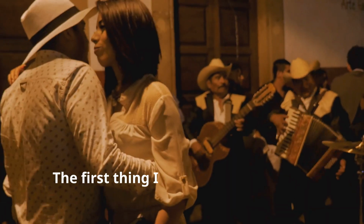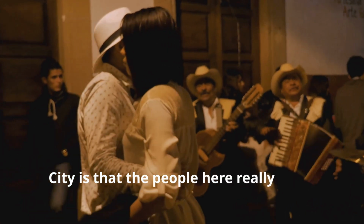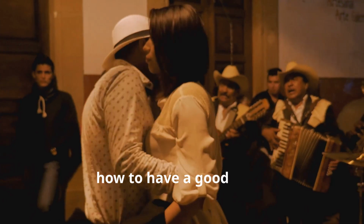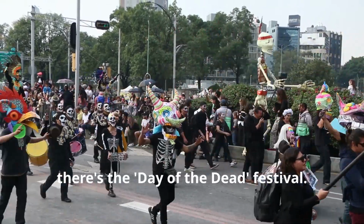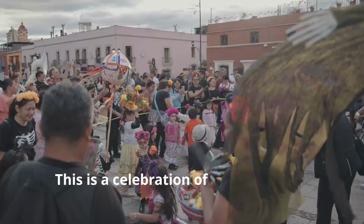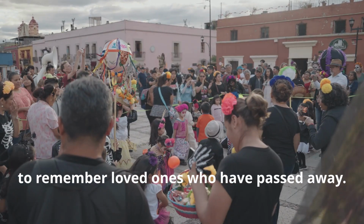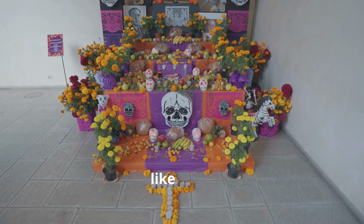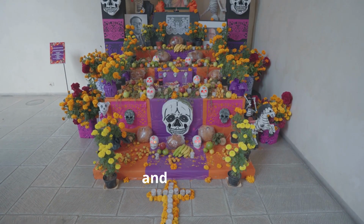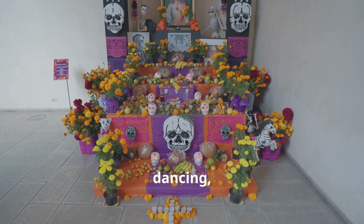The first thing I realized about Mexico City is that the people here really know how to have a good time. For example, there's the Day of the Dead Festival. This is a celebration of life and a time to remember loved ones who have passed away. Families set up altars with offerings like food, drinks, and photos, and the whole city comes alive with music, dancing,